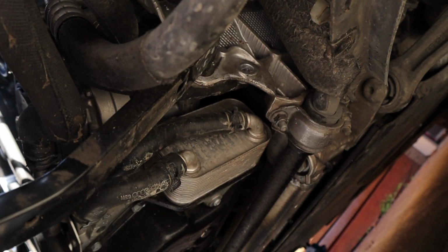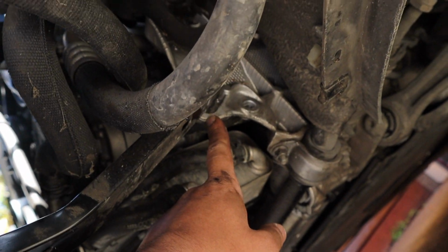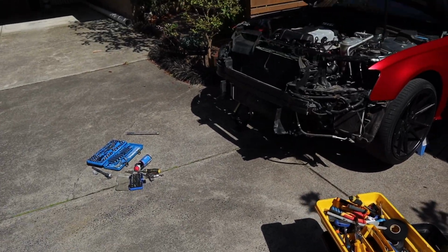And so instead of having something else like that jack over on this side, you can just pop it into there and it will hold there nice and solid. So I'm not sure if I figured that out or if the Germans did, but it is good. Oh yeah, so